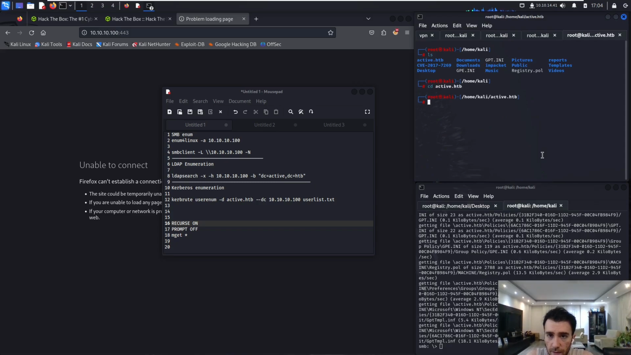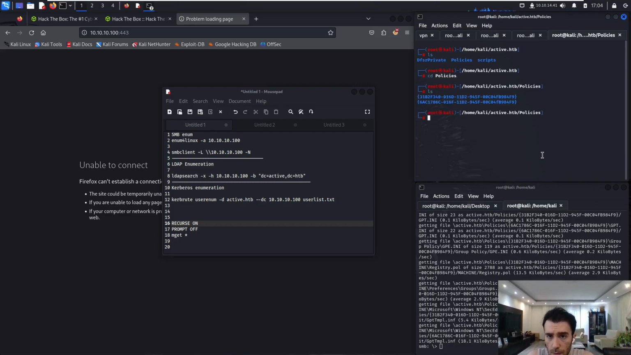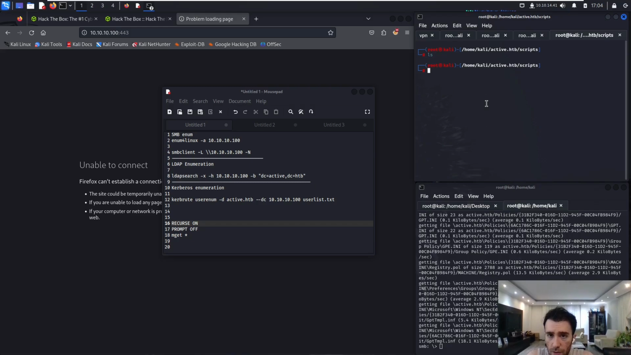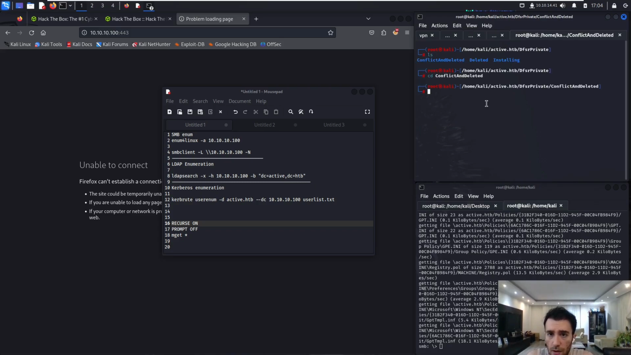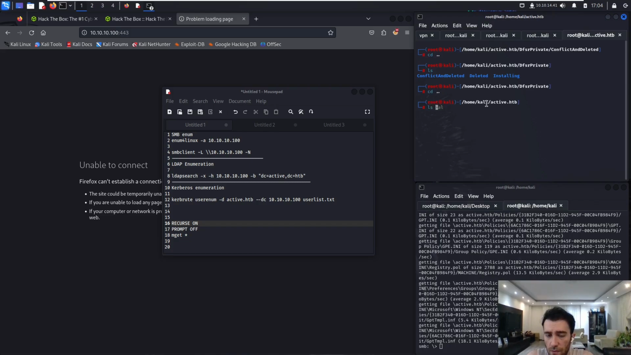Let me go active, clear, ls, policies, cd. We have already enriched that part. Let me check. Okay, we don't have such files which are important for us. Conflict and delete. We will most probably deal with policies,